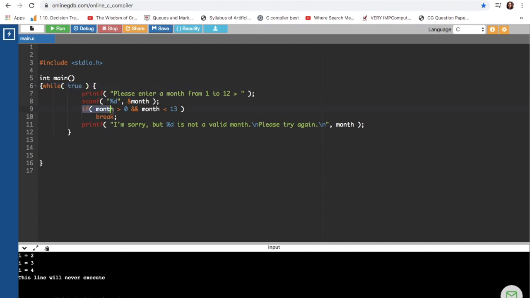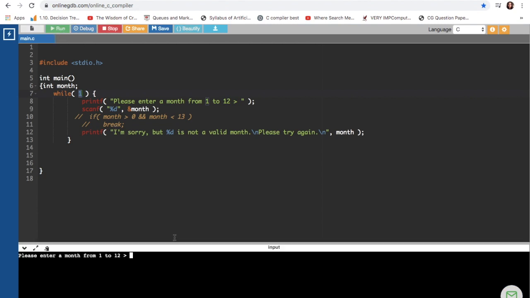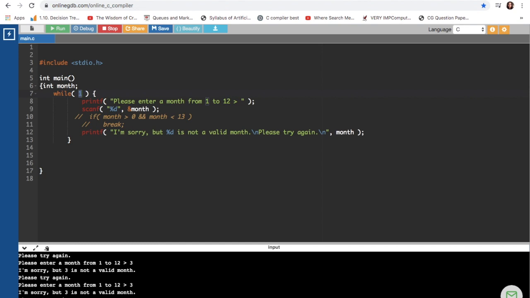if we remove the if break here, the only way for this while loop to exit is for it to have this if. If we remove this if, let's remove it. So if we remove this if, it's going to be an infinite loop. Yeah, so if we do that, I changed true to 1 because it recognized it in the GDB compiler. So if we do this, it's going to be an infinite loop. So enter a month, let's say 2. Please enter another month, 3, okay, so it's not gonna exit,